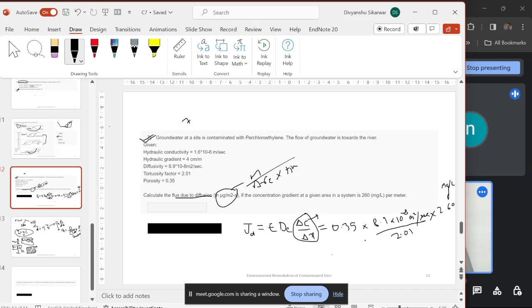Yes. 0.35, 8.9. If we solve this, it's coming around